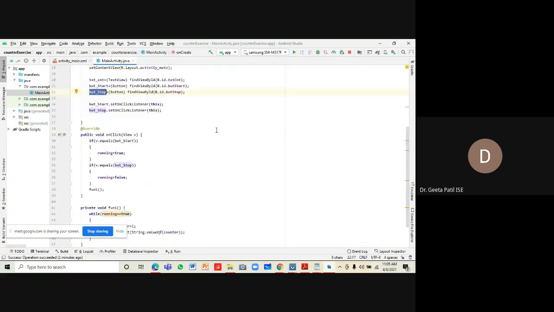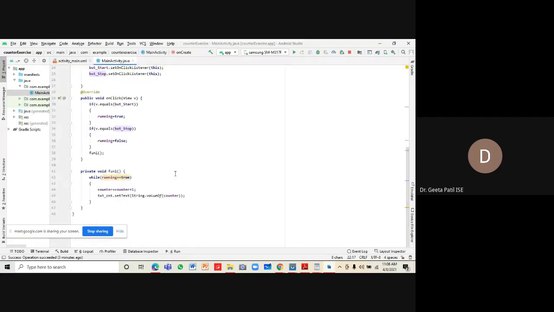Something is running continuously and your application goes into a loop. No other event is notified on this application. No click is being noticed.